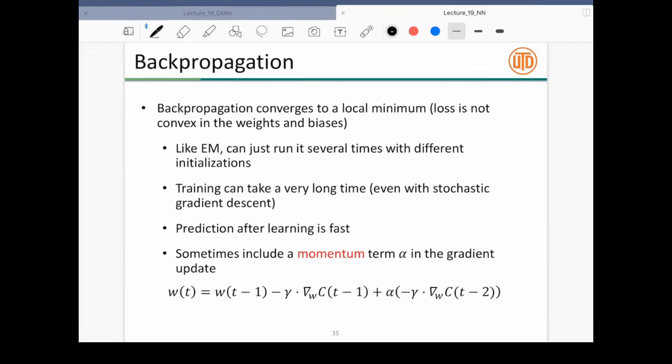Okay, so all backpropagation is doing is computing the gradients, right? So this is computing the gradients and then doing gradient descent, right? Because a deep learning loss function is recursively defined, it is not convex in the weights and the biases. So what this means is that all we can hope for is a local minima. We can't really hope for a global minima, right? And basically, yeah, you want to run it several times with different initializations.